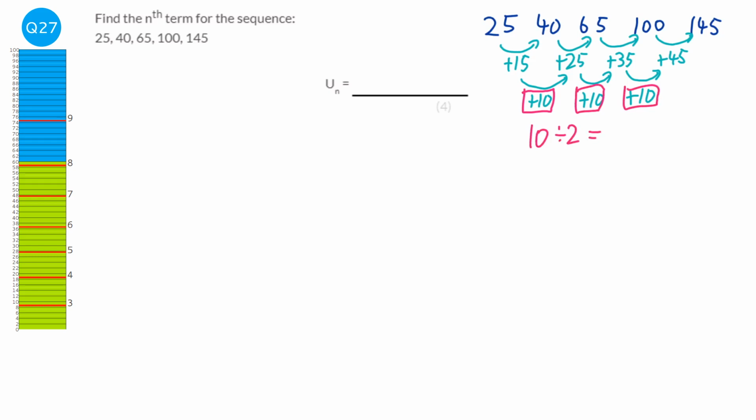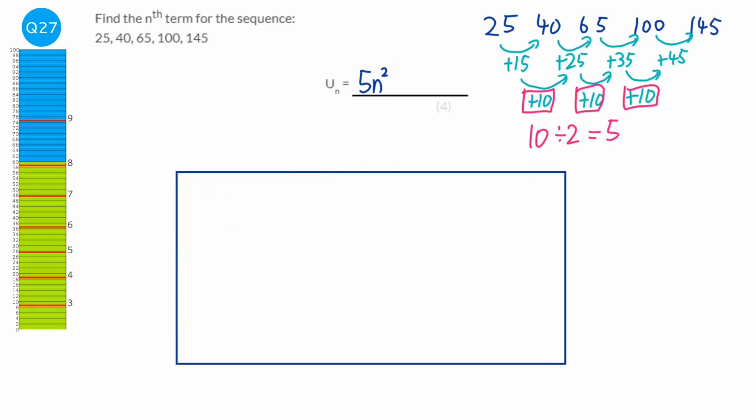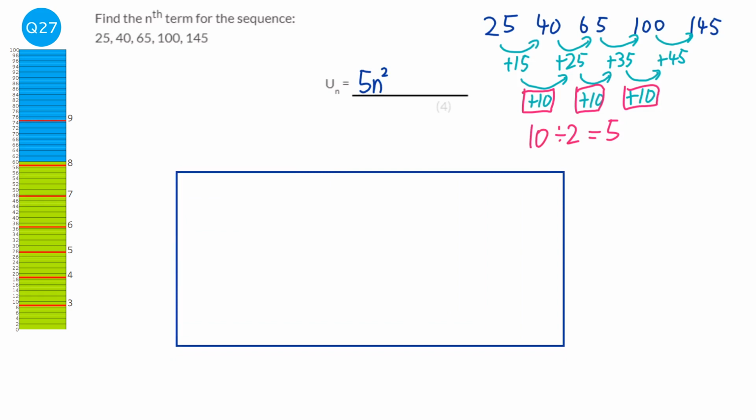Always divide it by 2, always halve it, and that gives us 5. And we can actually fill out the first bit of our answer, because that 5 will be the coefficient of the n squared, so it would be 5n squared. Simple. The next bit is a bit more tricky, because what we've got to now do is remove that 5n